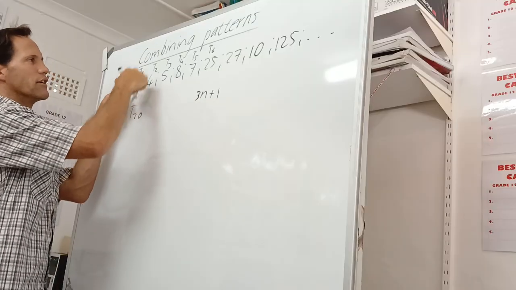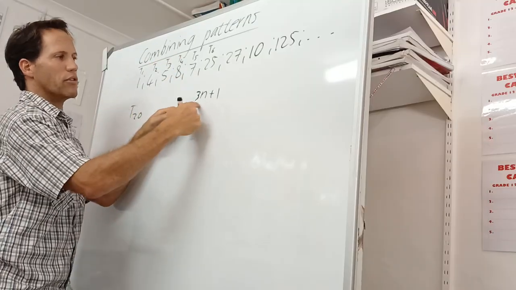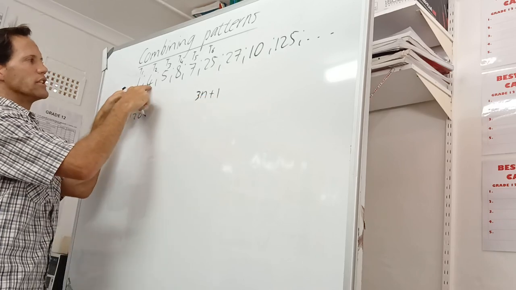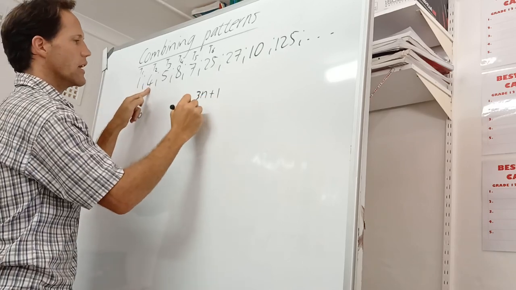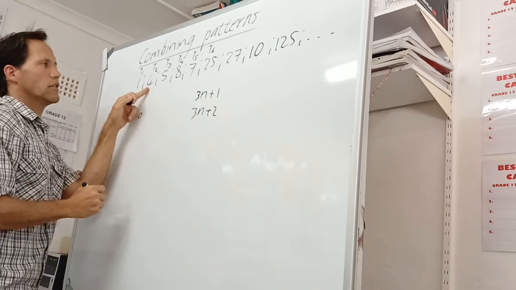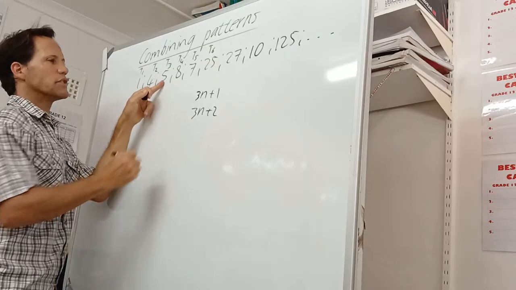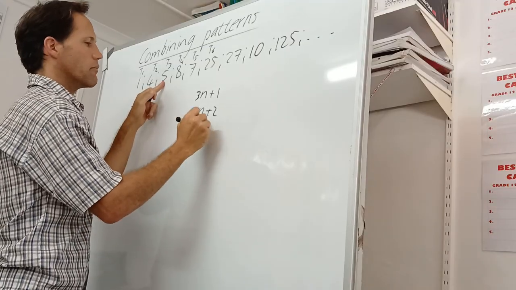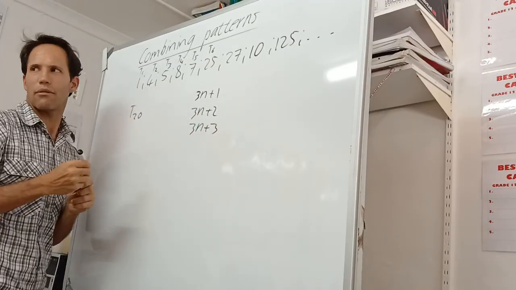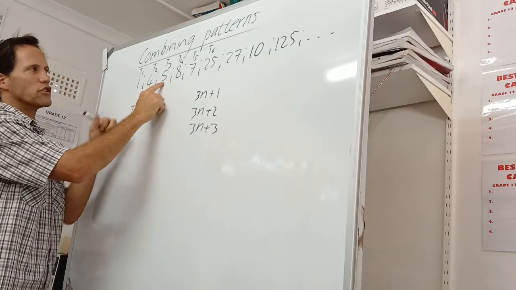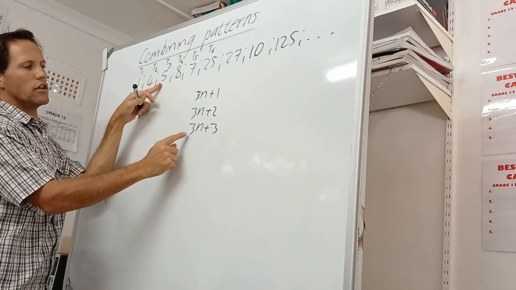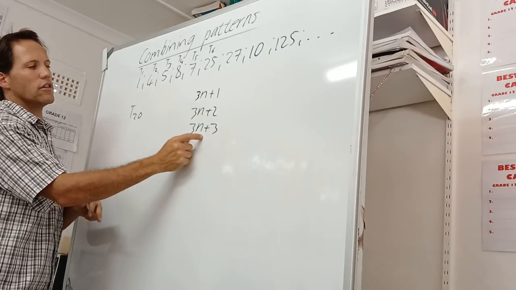So basically this pattern can be written as 3n plus 1, this pattern can be written as 3n plus 2, okay? And then this pattern can be written as 3n plus 3. You understand what I mean? Because for this one, the first one is term 3. If you put in 3 times 0, well,